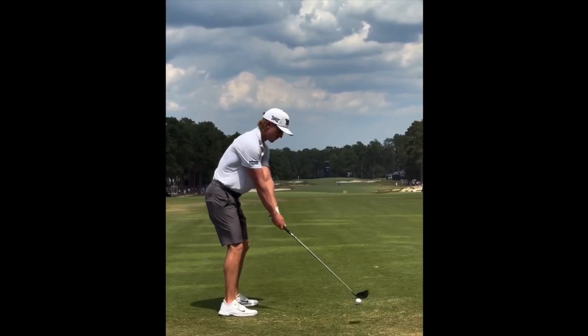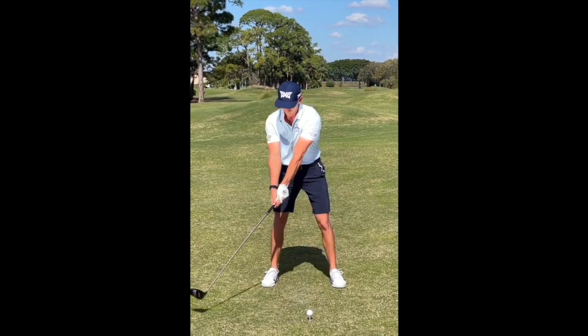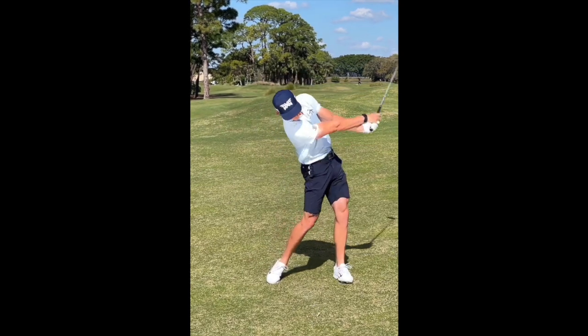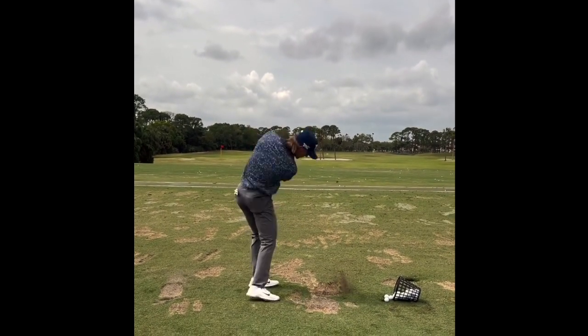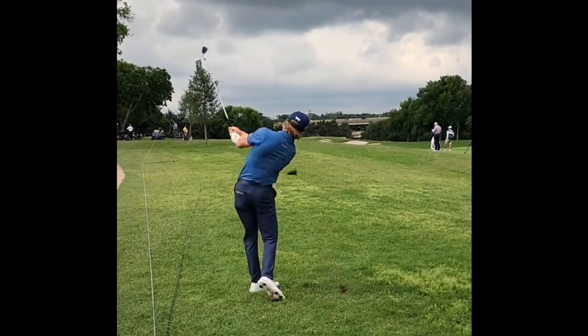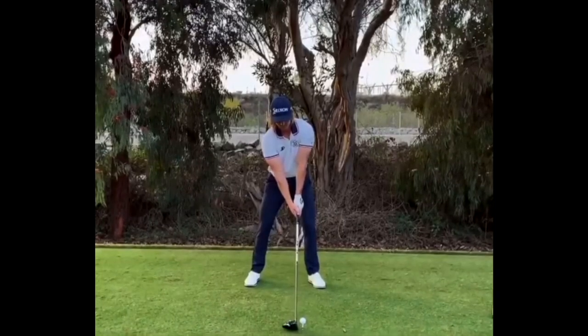Many amateurs think this left arm needs to be very straight, and yes, that's very sound advice. But look at this slow motion view. Look at how long that right arm stays straight, keeping that club as far away from his body as possible. It's a great move, and the longer the golf swing, the more time you have to create speed. I think that this width and the nature of Knapp's swing was summarized very well by one of his coaches,